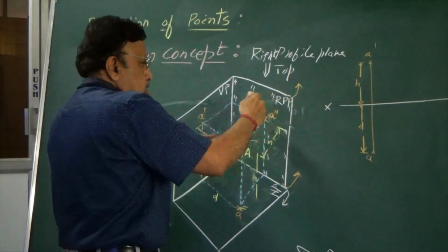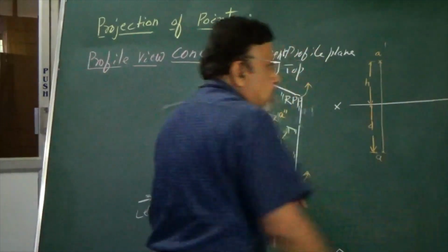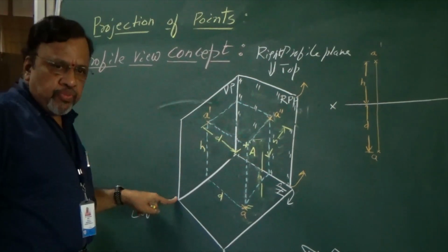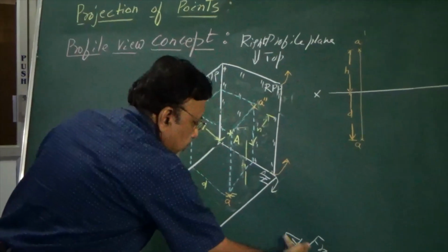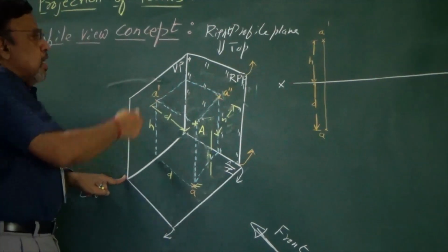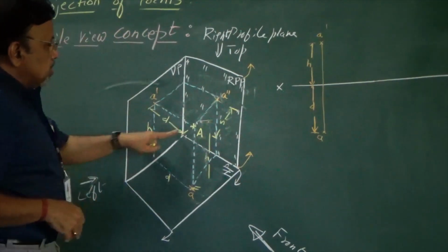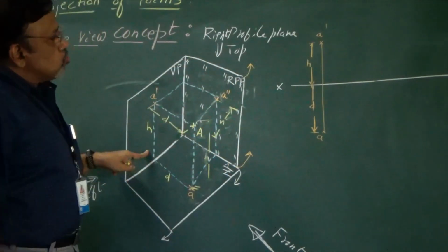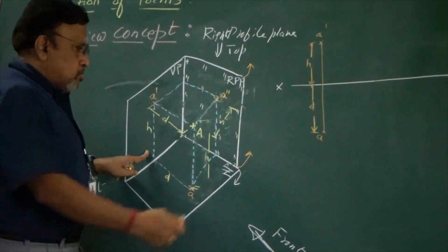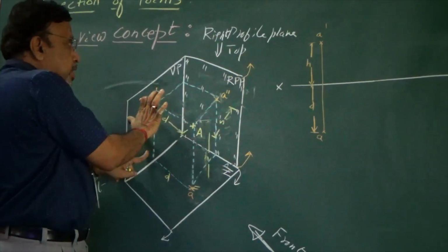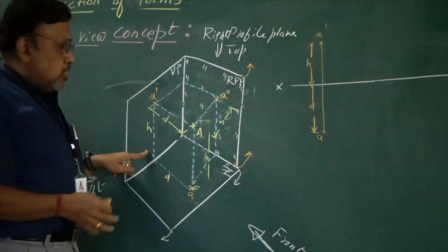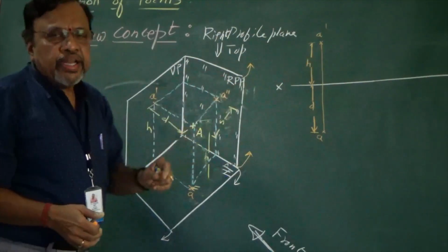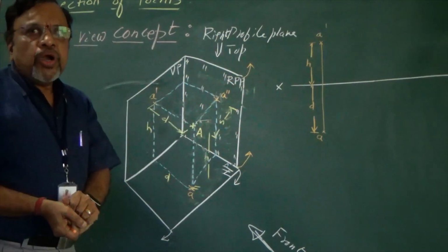Now let us observe one more thing. Anyway, we have known that this will come on that side. We have written the XY line. Now, what is the XY line, I told you? The XY line is the intersection of HP and VP. If I look from the front, the horizontal plane is seen as a line. If I look from the top, the vertical plane is seen as a line. And again, if I look from the front, how does this RPP seem to be? This RPP is vertical to both VP as well as HP. Since they are vertical, they will be seen as a line which is perpendicular to the XY line. We consider that as the X1 Y1 line.